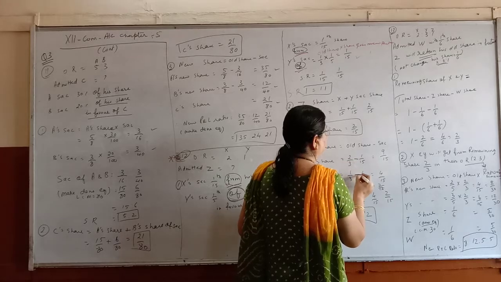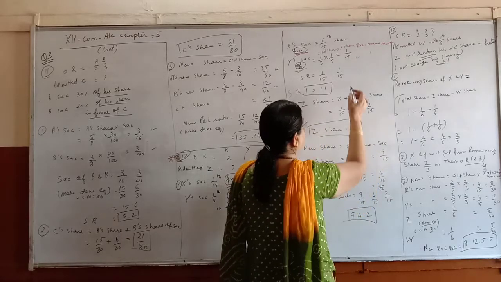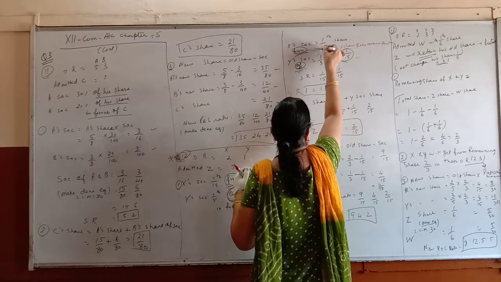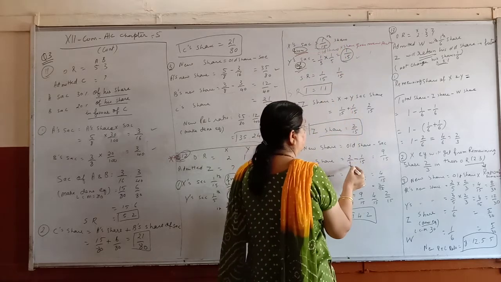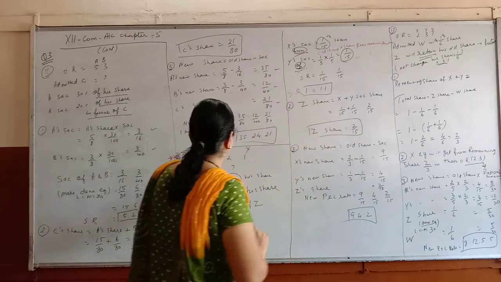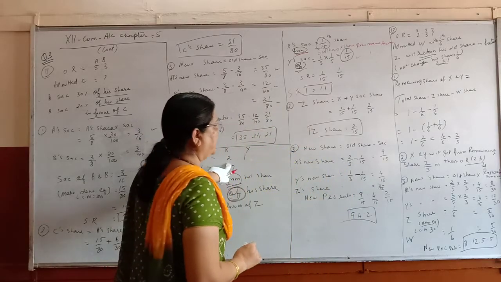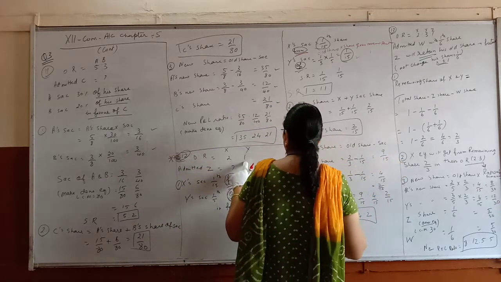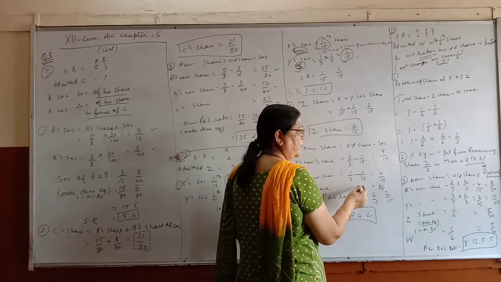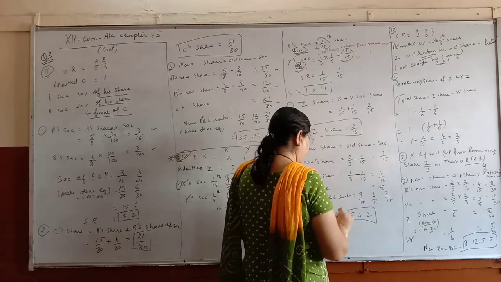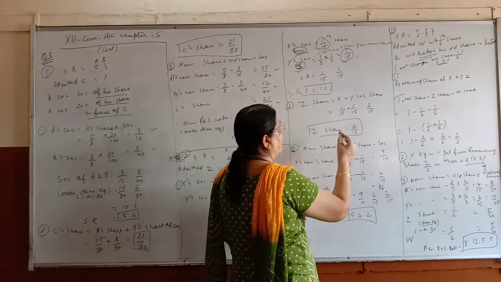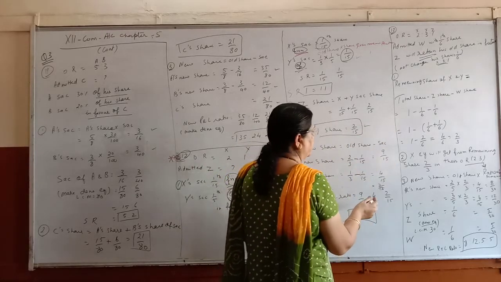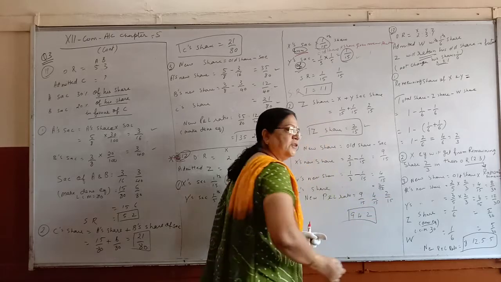What is this sacrifice here children? 1 upon 15. And what is Y's sacrifice? 1 upon 15. So 2 upon 3 old ratio here. 2 upon 3 minus 1 upon 15, you will get 9 upon 15. Again old 1 upon 3 minus 1 upon 15, you will get 4 upon 15. And Z share we have found out. How much? 2 upon 15. Therefore new P&L ratio will be 9:4:2.